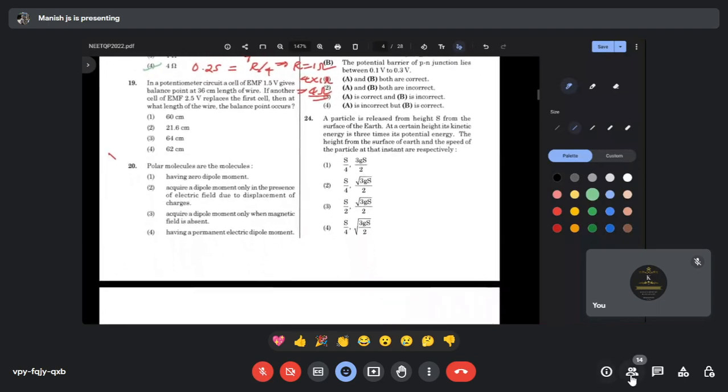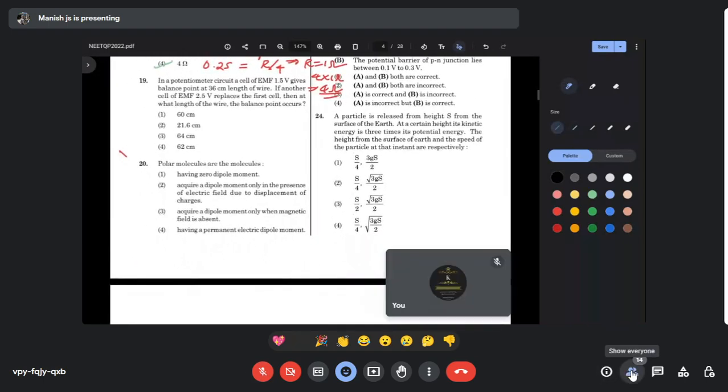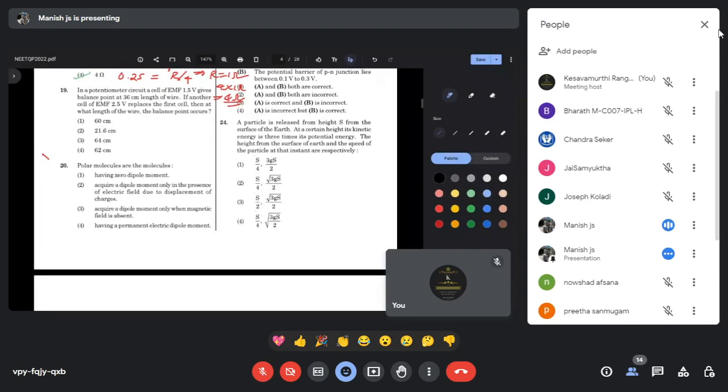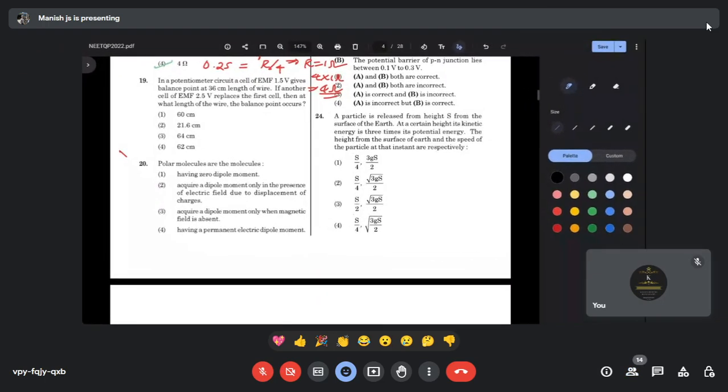So without further delay, we'll go to question number 19. So in a potentiometer circuit, the EMF of the cell, that is 1.5 volt, is giving balance point at 36